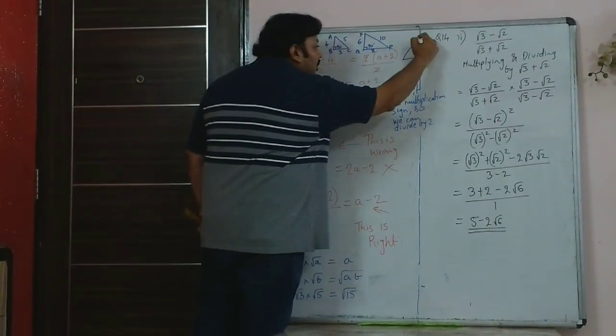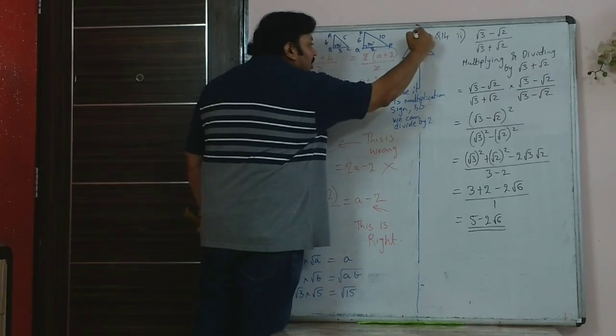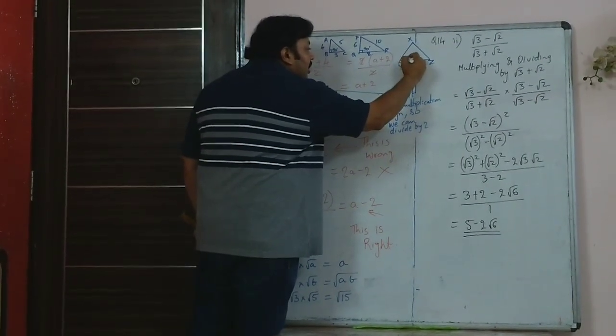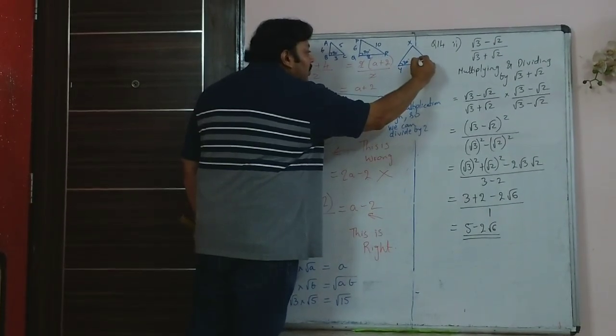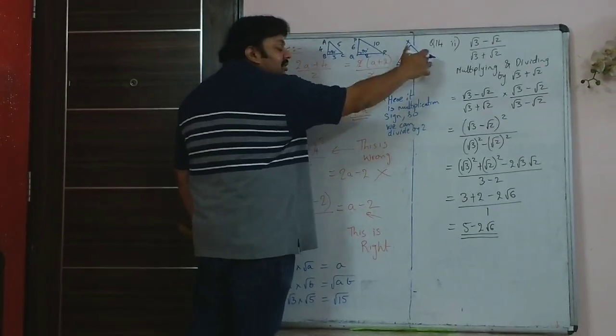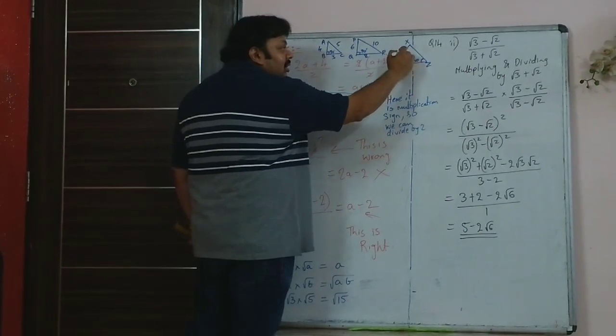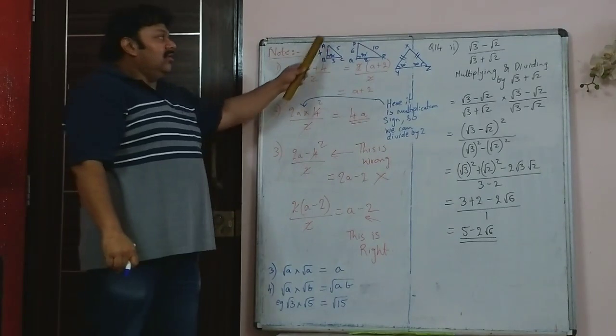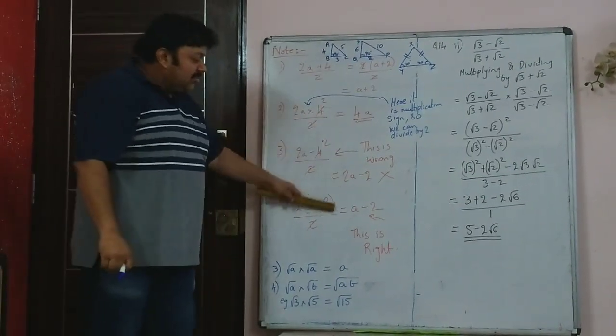What is taught to you is that if you have a triangle, let's say XYZ, and let's say these two angles are 30 degree. Because this is one triangle and in the same triangle two angles are equal, the sides opposite to those two angles are equal. So that way, in this chapter, this is the mistake.